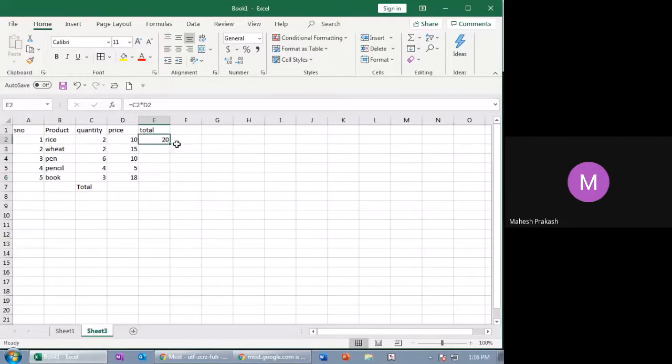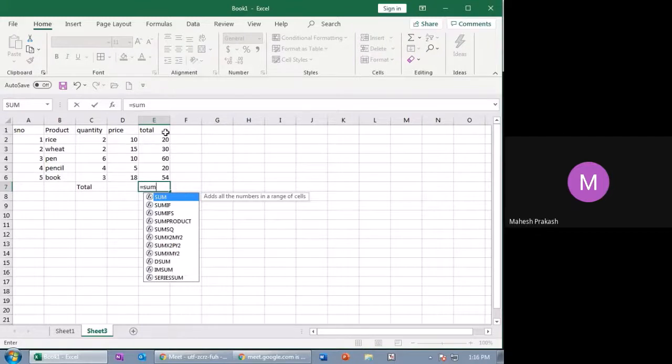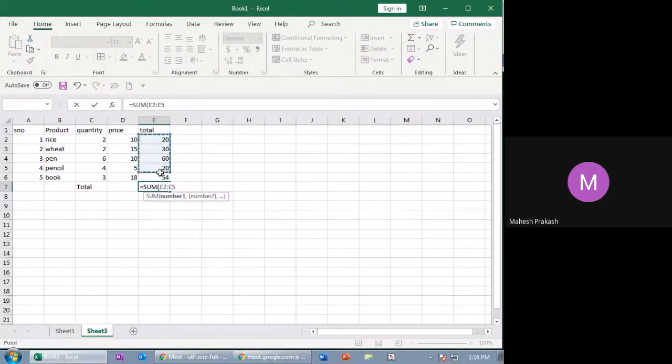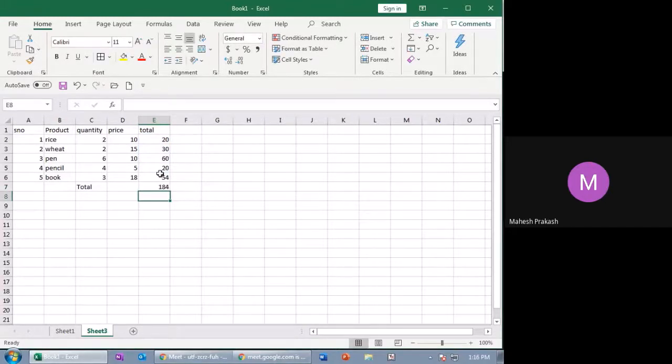I'm just dragging this, so when you drag, the formula gets applied to the other cells as well. See, 15 into 2 is 30, 6 into 10 is 60, 4 into 5 is 20, 3 into 18 is 54. Now at the end I'll put sum because I need to add these 5 elements. Drag it, close the bracket, enter. That's it.